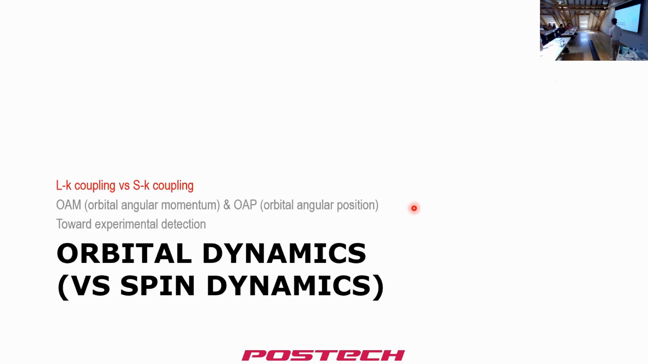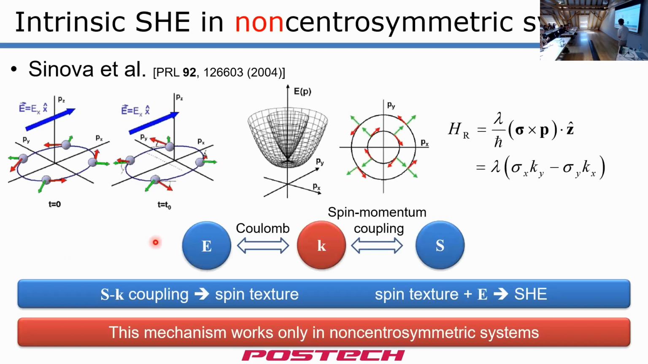Okay. So, final part 3. Here I want to discuss some qualitative differences between orbital dynamics and spin dynamics. We know the orbital angular momentum and spin angular momentum share many things in common, and that makes distinguishing the detection of orbital dynamics from spin dynamics difficult. But there are some properties that are qualitatively different between these two degrees of freedom. So let me start with the